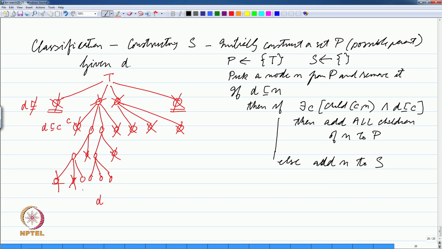So, for example, the children could be below D essentially. So, something like this. If this is the situation, then none of them subsumes D because they are all below D. So, this is the set that I am constructing, sorry, S finally, and when you look at the children,